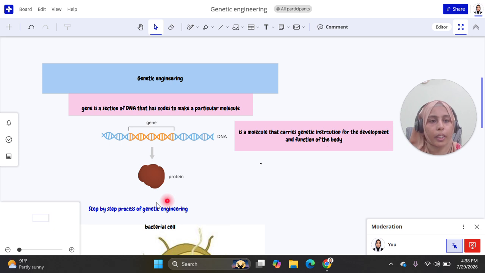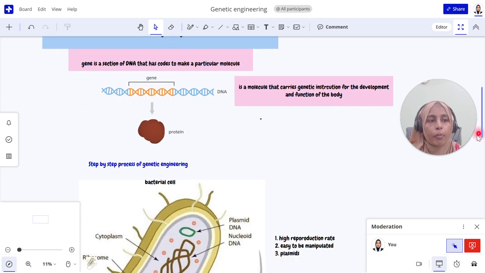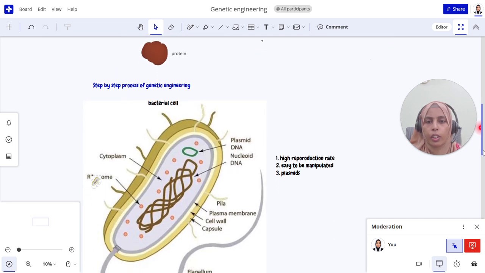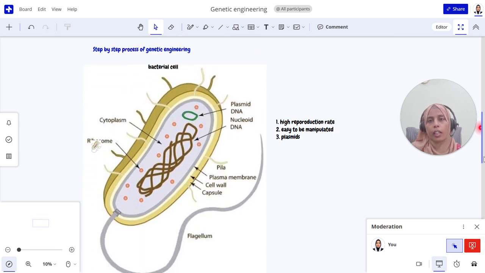This process often uses bacteria. Right. So now I have a question for all of you. Why do scientists prefer the use of bacteria for the genetic engineering process? Basically, we have a chapter in your GCSE O levels, which is about bacteria, which is chapter number one, which has a topic bacterial cell. I'm relating that topic here. This is a bacterial cell, and you can see here plasma membrane, cell wall, cytoplasm, all of these things are present here. Now comes this part. This is the nucleoid DNA. What is the nucleoid DNA? Actually, the bacterial cell